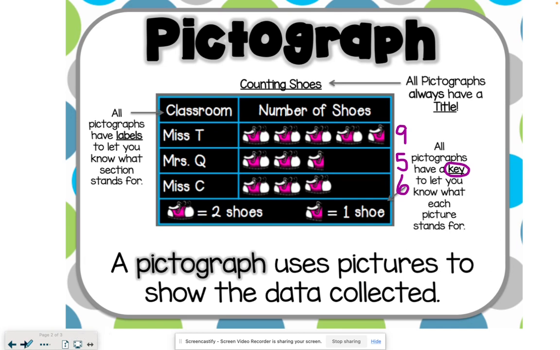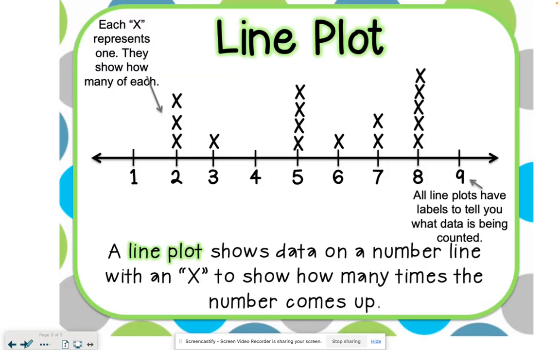Let's move on to line plots. A line plot is a straight line that has all the values of the data you're going to use. In this case, they gave us a range from 1 to 9. So all of our data falls within that range. Each X in a line plot represents usually a person, but it is representing what we are counting. So in this case, if we were counting shoes again,